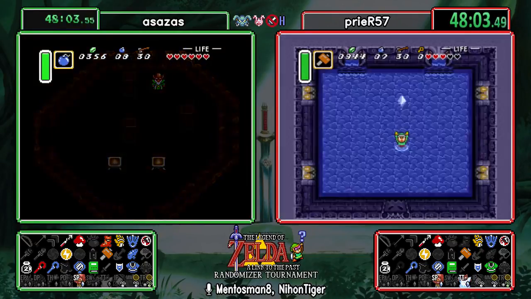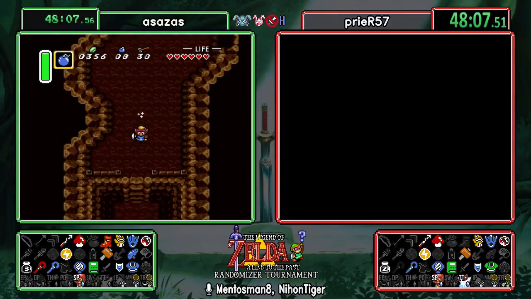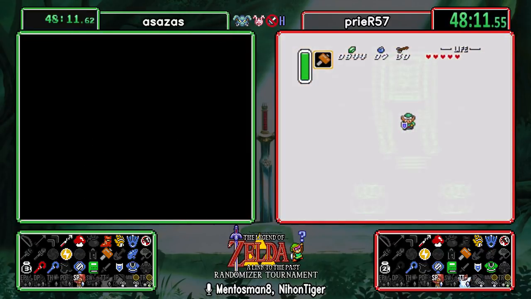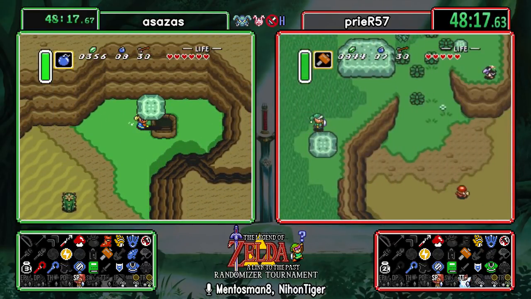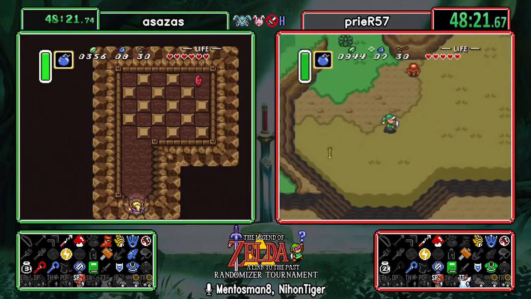Now, asazas over here going to check desert. He's going to be able to do everything except the back of desert while he's here. He's going to be able to get that key off the torch, head over to the right side, get the big key over there. But we'll see if he decides to dip the mire area as well while he's here. Yeah, it'll be very interesting to see where...